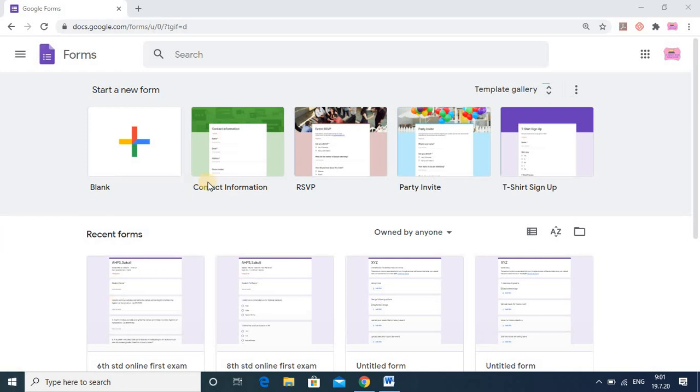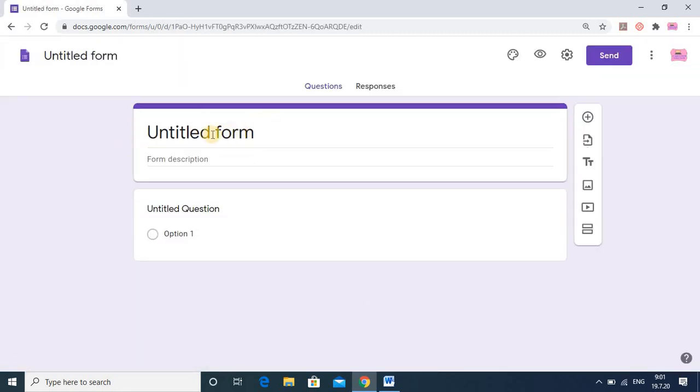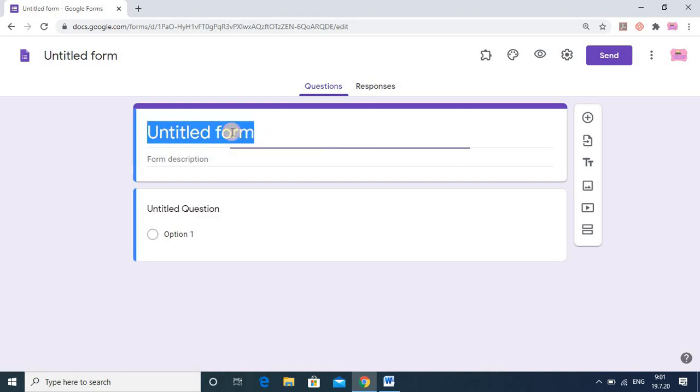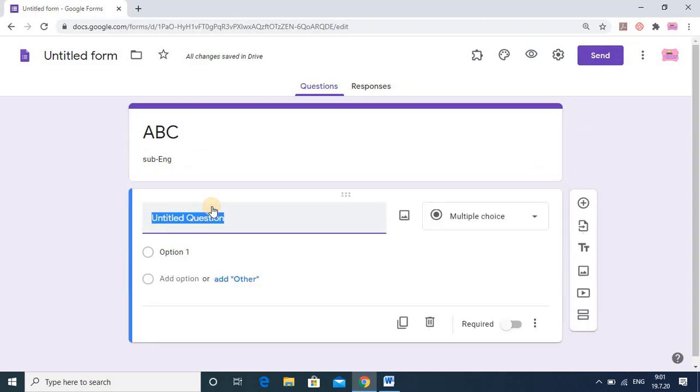So first here, as you are aware in the Google form, you just click on the plus icon. So here I am assuming you understood this thing. Here you write, suppose, a particular organization name, and your subject will be here, so we are assuming English. And here suppose you are writing a question, and you want to give a passage. Whenever you make a descriptive question, this thing will be difficult for many people. So here suppose your passage is there, so you can see here in the question part, suppose it's the first question,